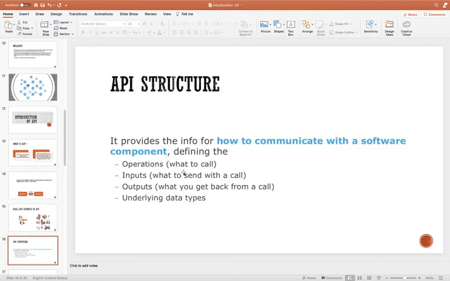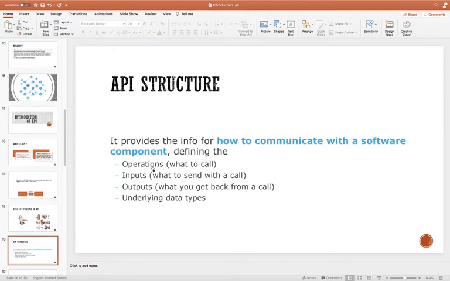Next, this is a very basic structure of any API. Any API has, first, an operation. Operation means what to call. For example, we have a book management system and I want to retrieve a book or get the details of a book.